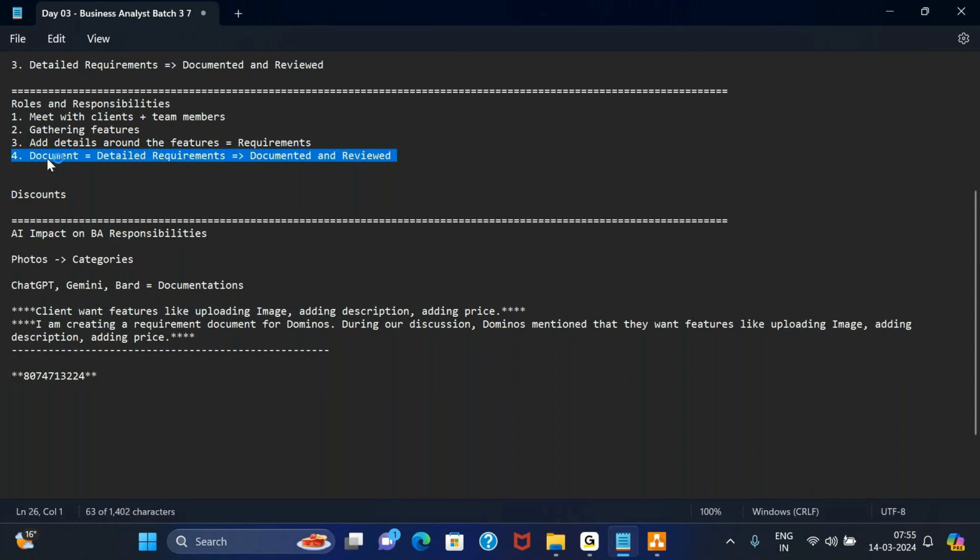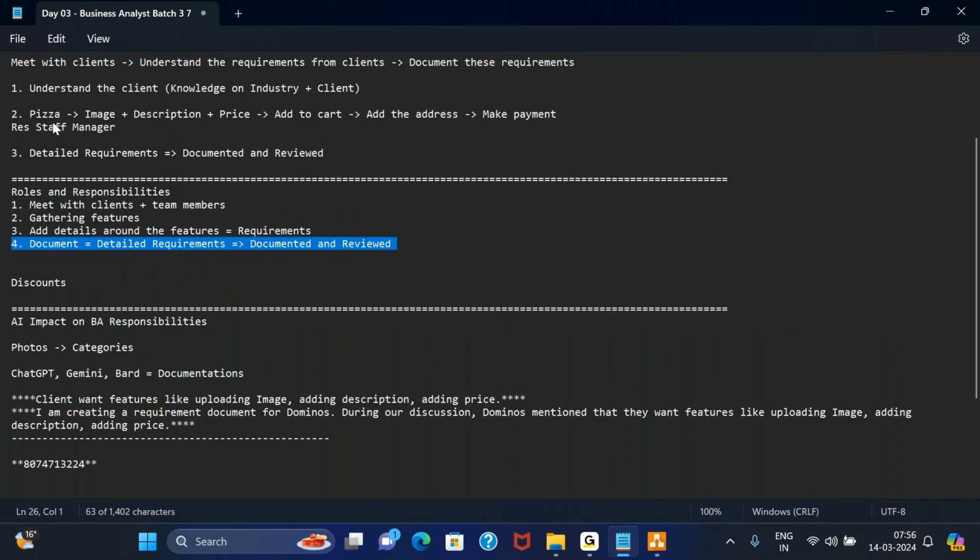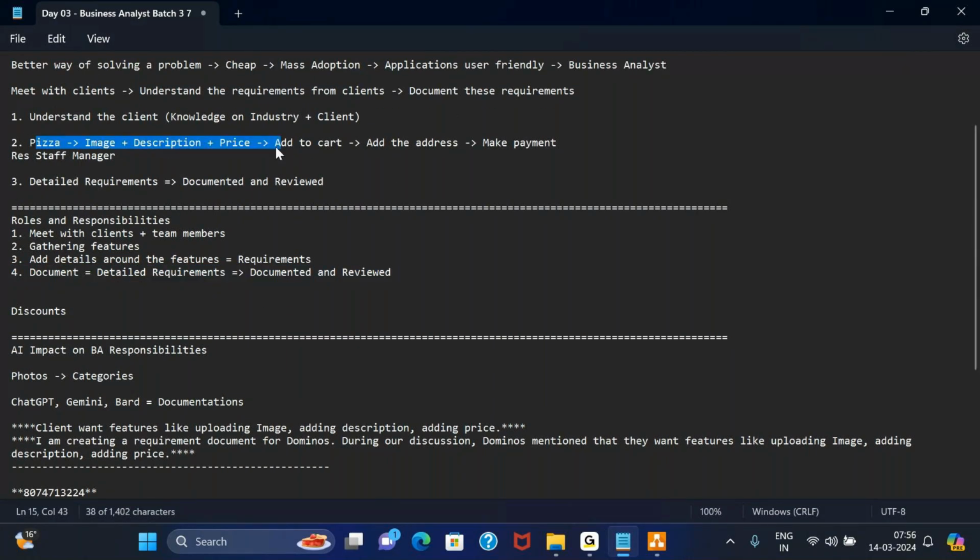But for demo purposes, let's just say that we create one document, and that one document will have all the requirements, actually detailed requirements, in it. Detail means what my design will be and what the different steps are that I am going to follow. For example, these are the different steps I am going to follow before placing my order. So when we are writing down requirements, we ensure that, one, they are detailed, and two, that we list down all the steps involved in the correct order.